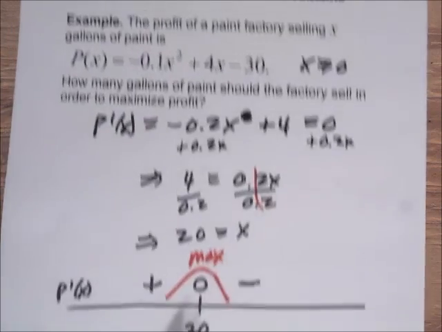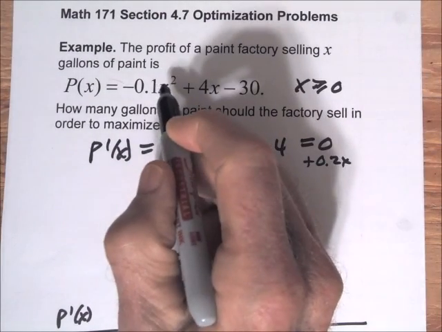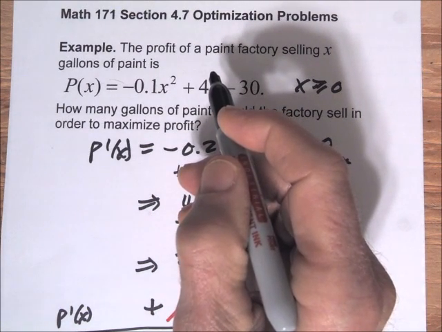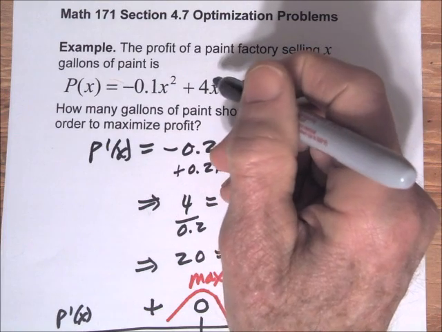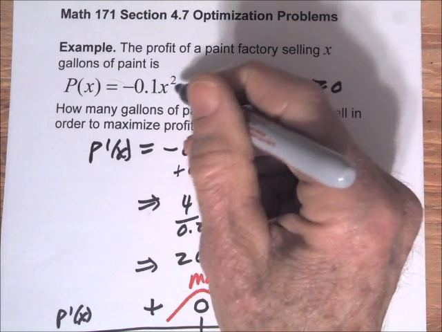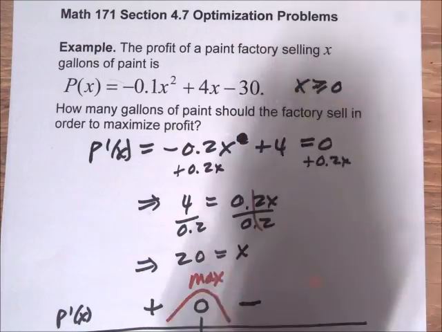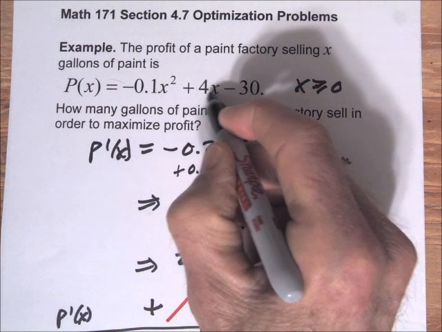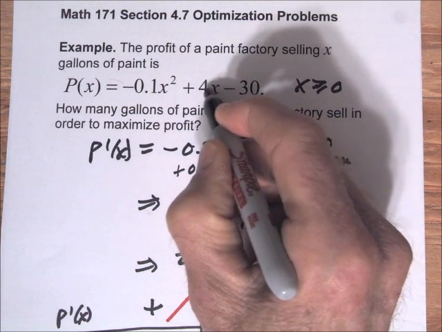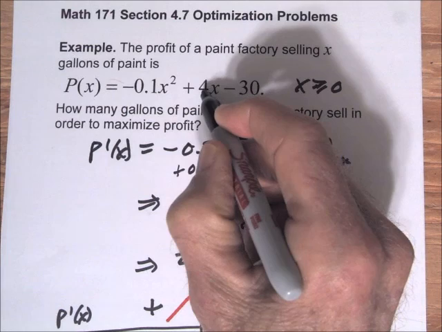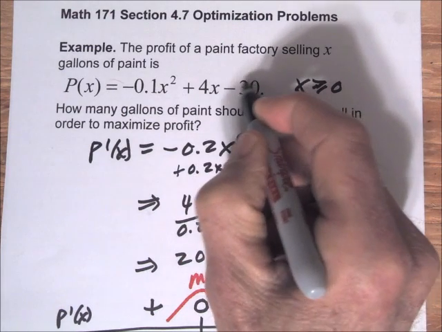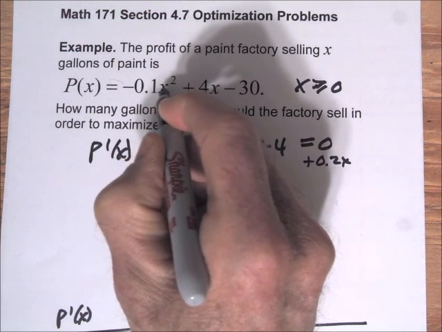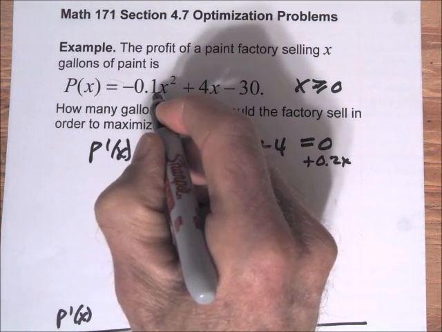This equation is, I guess, typical of what you might see. I think it's a typical model for profit. You have the marginal profit, $4 per gallon of paint. That's how much they make for each gallon. The negative 30 would be the overhead cost, and then this first term here, this minus 0.1 X squared, represents